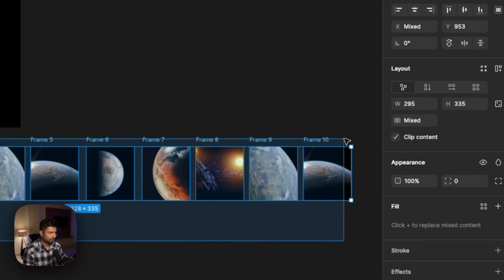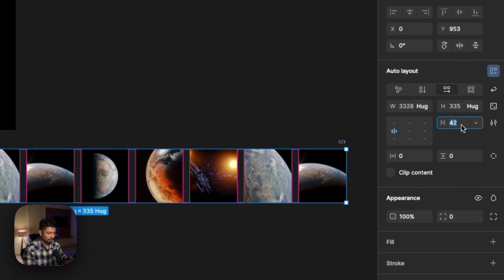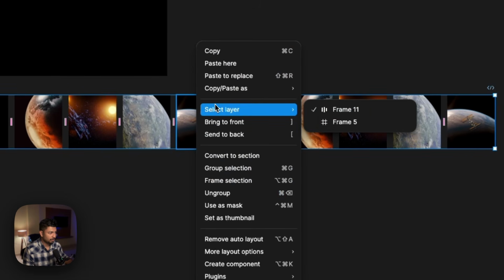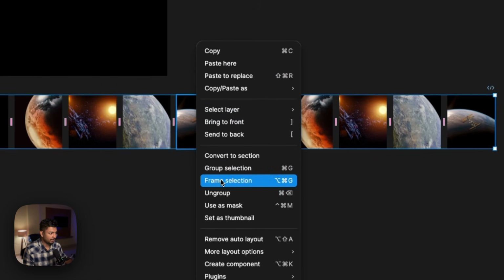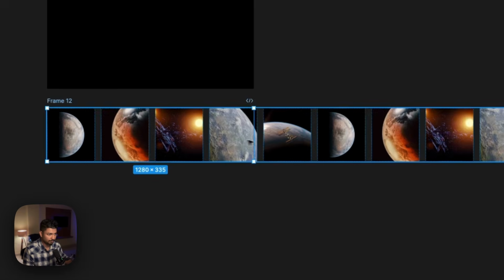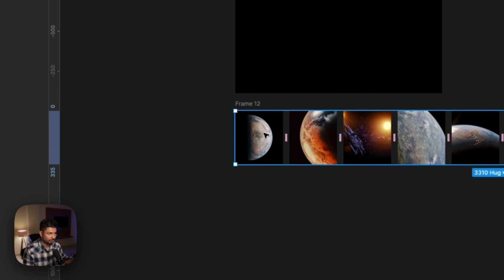Now select all and put it inside auto frame layout, and from here change it to 40. Perfect. Now I will right click on it and I will select frame selection, and I will bring it to this much. Perfect. Now I will select this whole frame